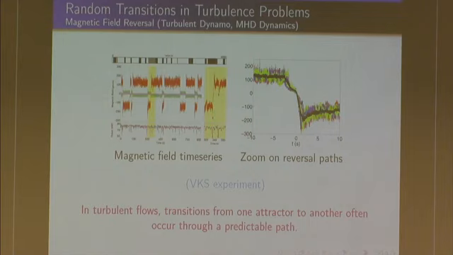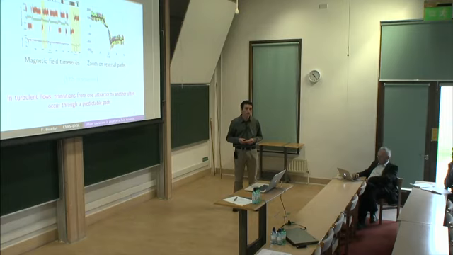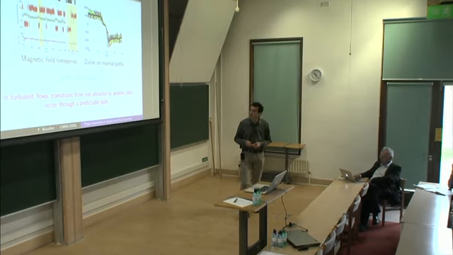Maybe from a dynamical system point of view, there is only one attractor for these systems, but the point is that the invariant measure is clearly concentrated toward two well-separated domains of the phase space, which correspond to these two polarities. So such phenomena are really very common in nature for turbulent flows. So there is a general question: how would you define an attractor for very large dimensional systems like this one?